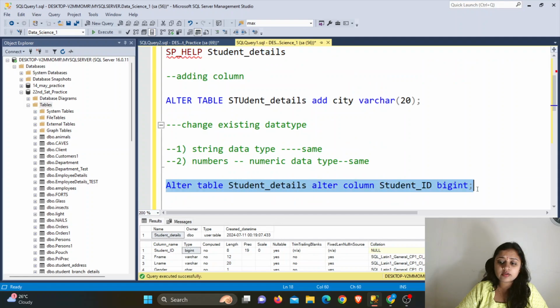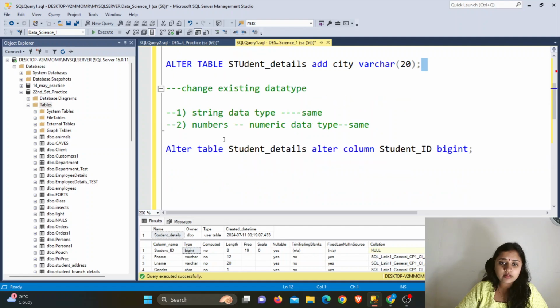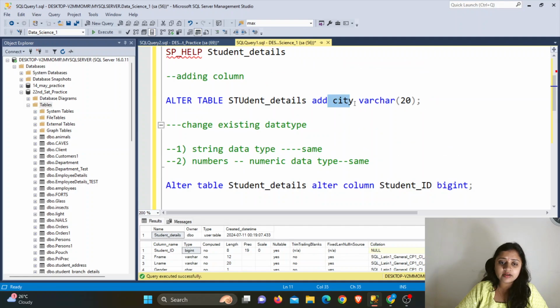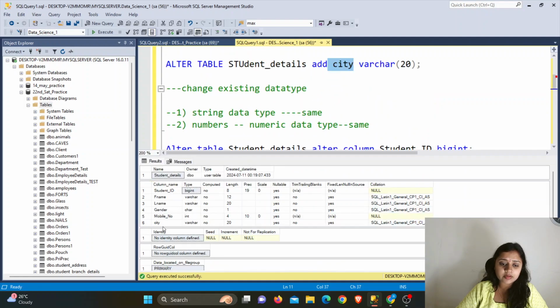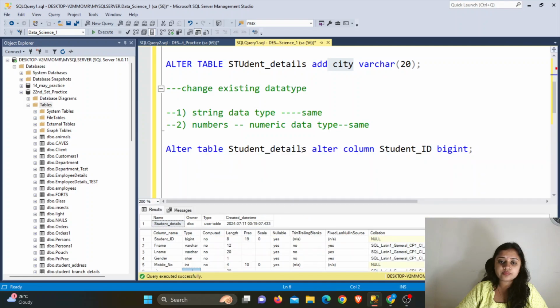For that, you need to write alter table, table name, then alter column, column name, and bigint. And if you want to add a column, then you need to write this query. As I have added the CT column here, you have already seen in the select star, and in the structure of the table, the CT column is added and its data type is also added. So this is the thing.